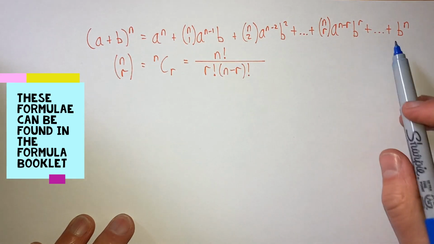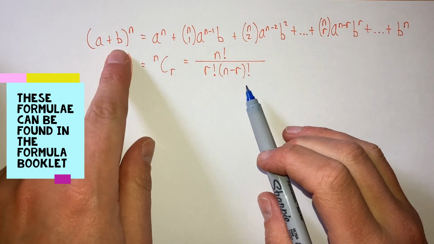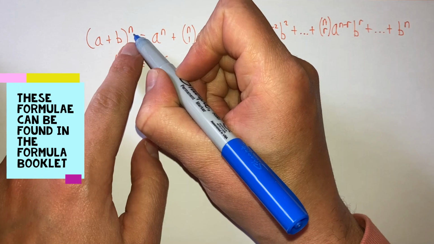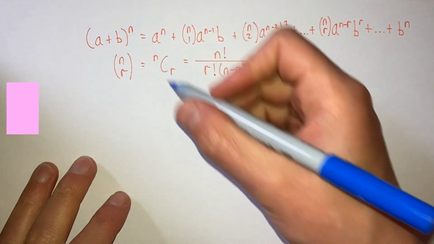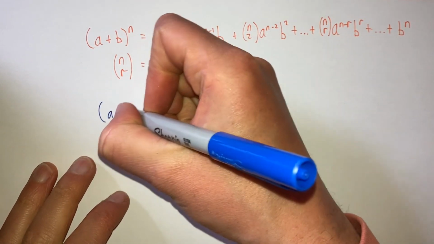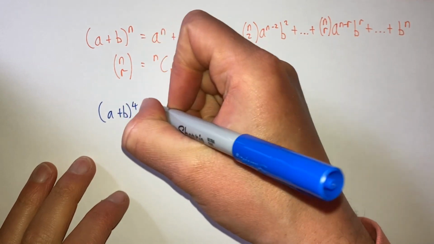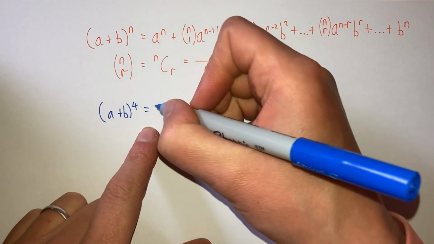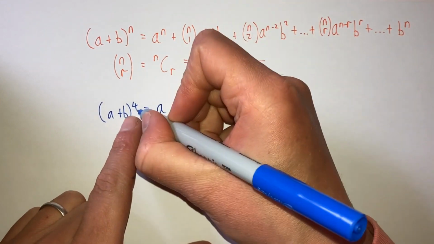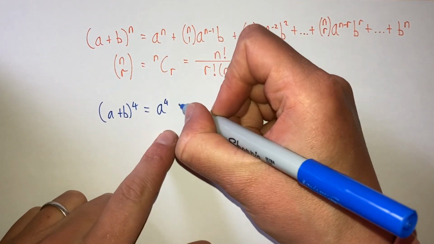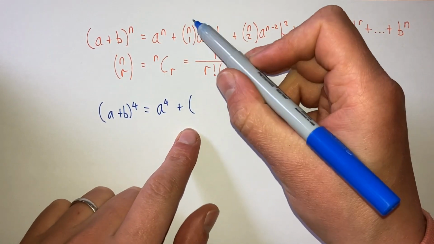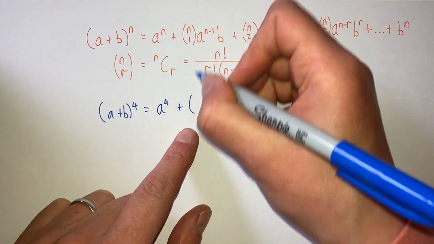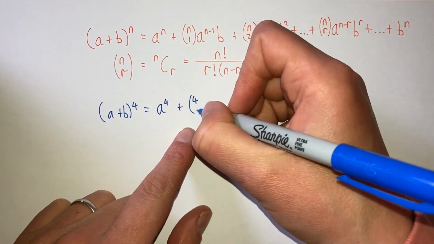Here we have two formulae used for binomial expansion that looks like this, where n is a positive integer. Let's expand (a plus b) to the 4 using this formula. So the first term is a to the n, and here n is 4, plus, and we'll use this rule in a moment to work out the value of this, but for now we'll write 4 for n and then